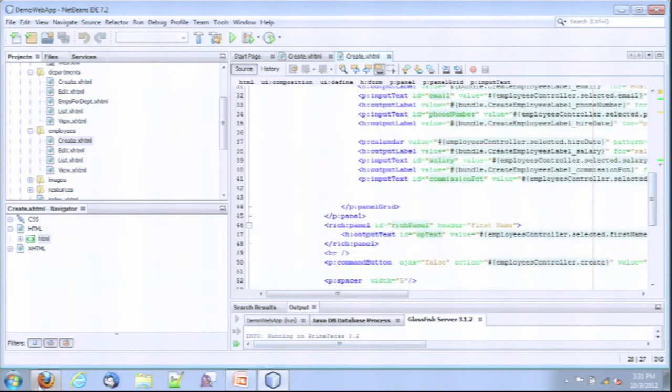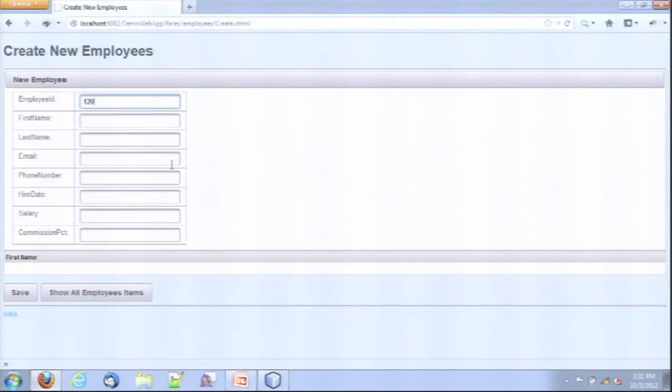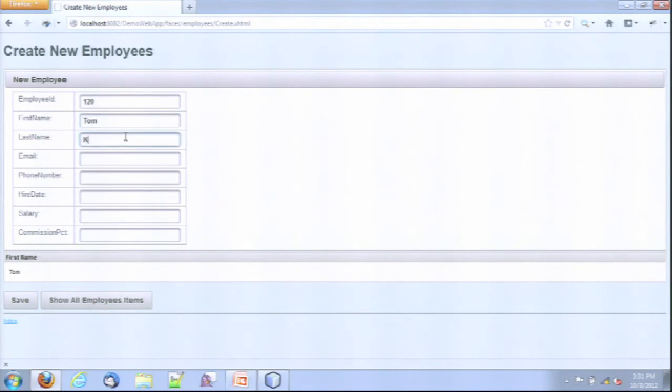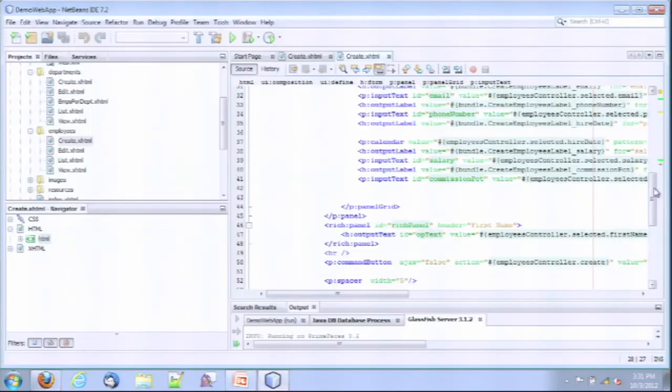So let us key in values here. Phone number could be, say, salary could be 1,000. So you can see that when I keyed in Tom here, it got updated at the bottom, the first name part. So the Ajax part works, and the component container, the layouting, is done through a PrimeFaces component, which